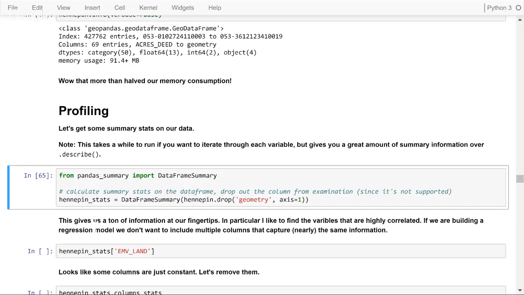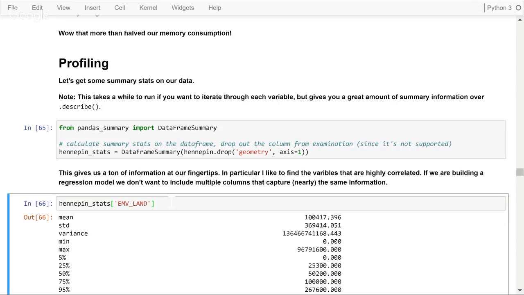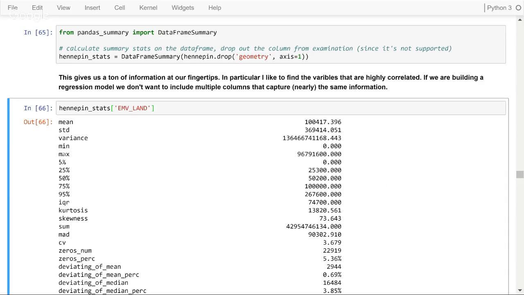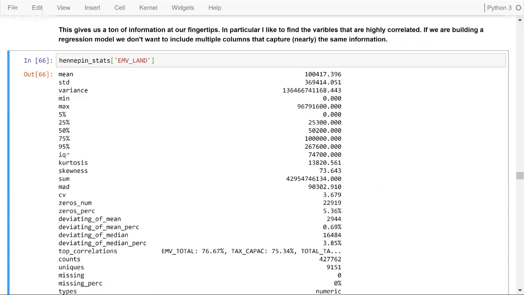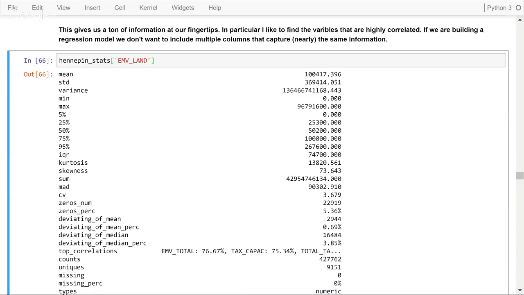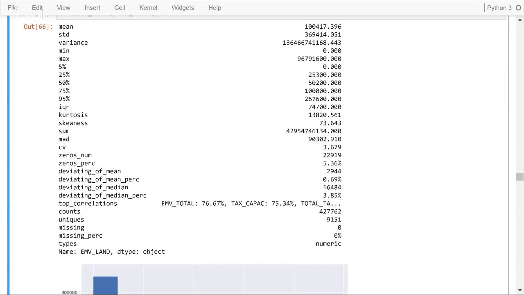So for example, if I want to dig into an individual column, it creates an entire data frame of these column statistics. And what I can see here is the mean, standard deviation, variance, min, max, kurtosis, skewness. I can see the top correlations, which are really important because as we're trying to do maybe a regression model on this or run some kind of machine learning algorithm on this stuff, if we've got variables that are very correlated, like in this case,